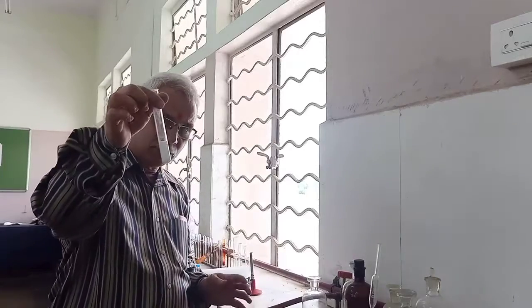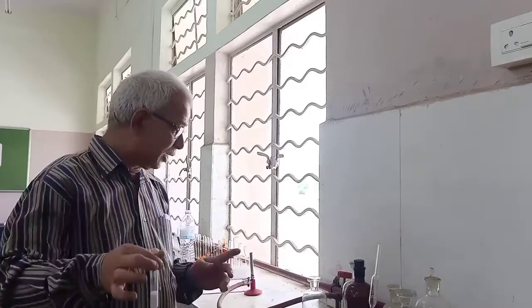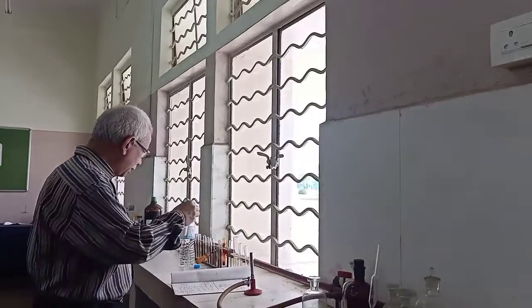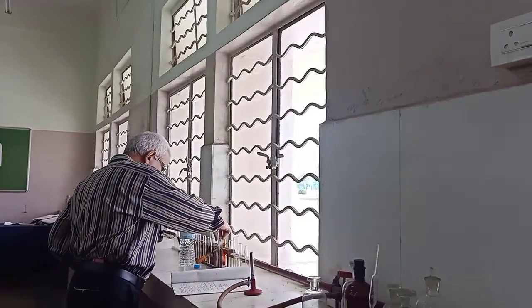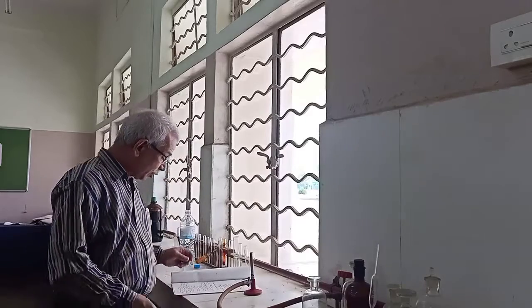Okay, so now what is the conclusion? What is the inference? Chlorine is the negative ion. Already we concluded this with the chromyl chloride test. Now with one more, chloride is the negative ion present in the salt. Right. Now one more test I am doing. What am I doing?